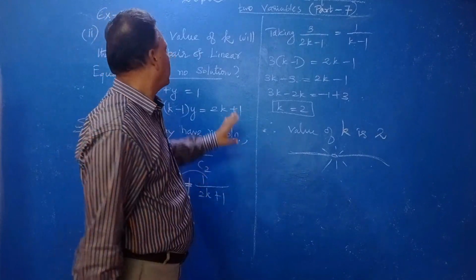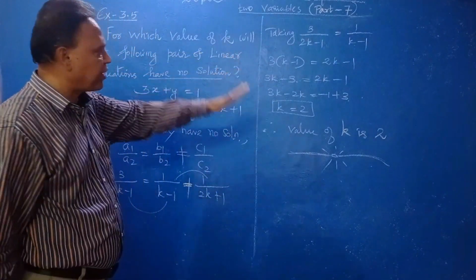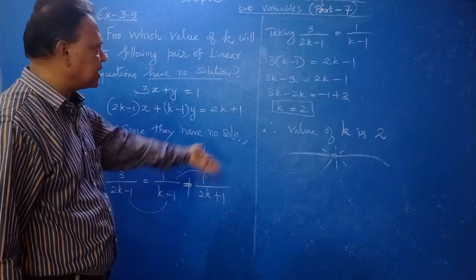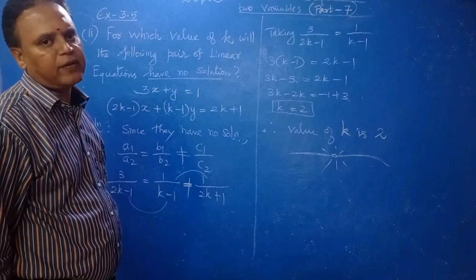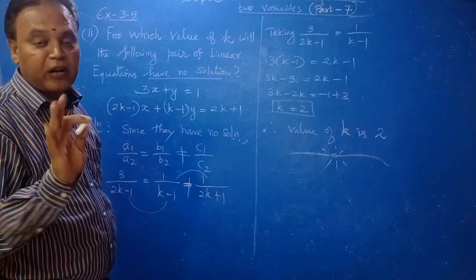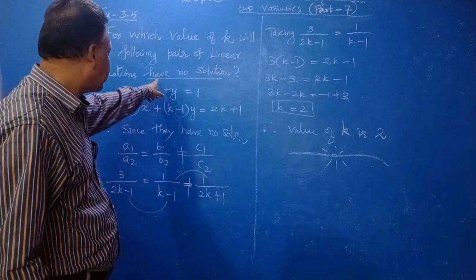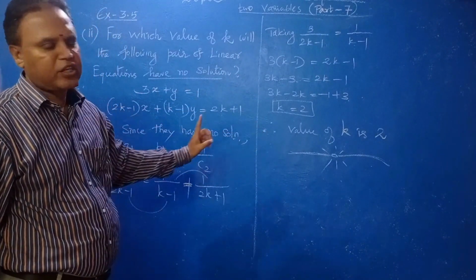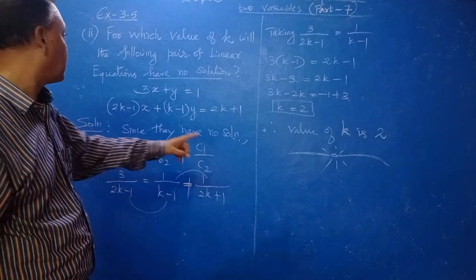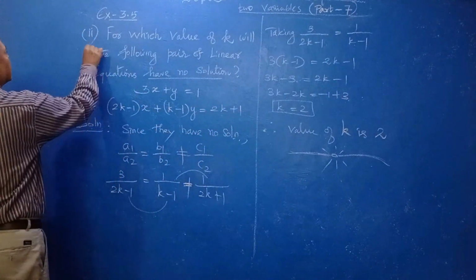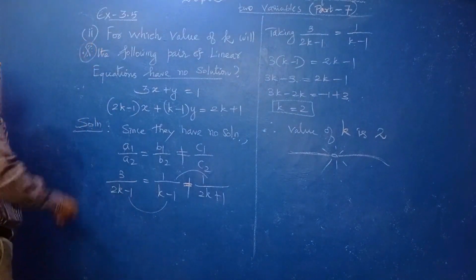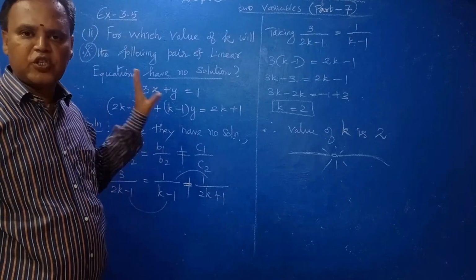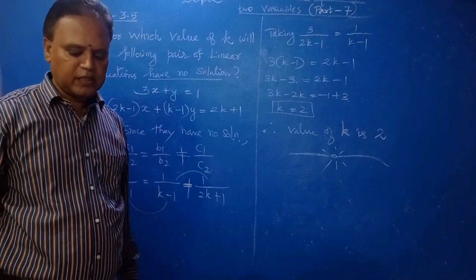So the problem asks, which value of k? Therefore k is 2. Clear? By using the no solution condition, you get the k value. Here you do not need to apply the cross multiplication method for the system, you have to use the condition. That is the main thing: use the condition, then find the k value. This is also a very important question. They ask it many times in the board exams. It is a repeated type. Sometimes the numbers may be changed, but this type will definitely come in the examinations.